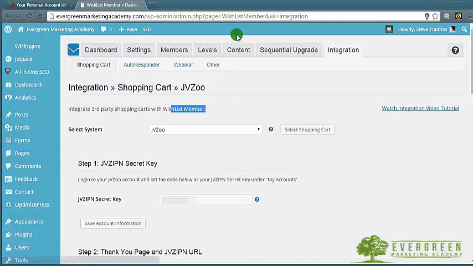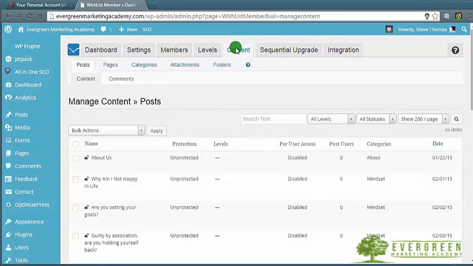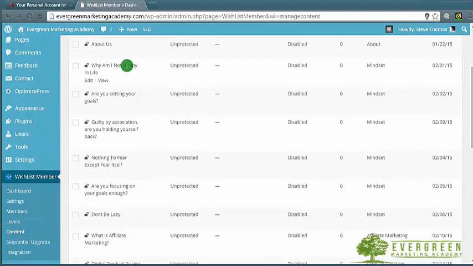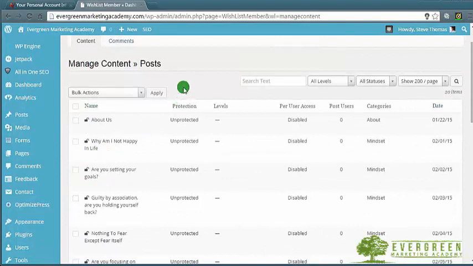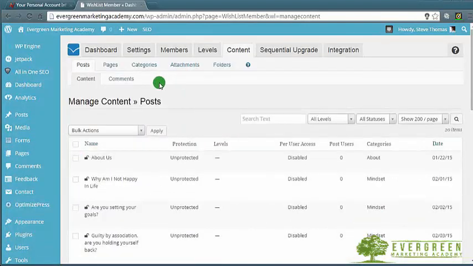So for this one now, I don't have any test content set up, so I'm just going to see what I do have here by clicking on the word content up here. Okay, and obviously it's asking me to protect or not to protect, in other words. Now you can protect posts, you can protect pages, categories, attachments, folders, and so on. Now my site all runs in pages generally. Obviously I do have a blog. You can see that there's a number of blog posts here, and these are all unlocked because I want these to be visible to the general public without having to sign up in order to view them. But pages is where we're going to go,